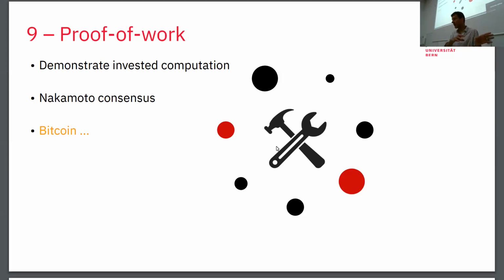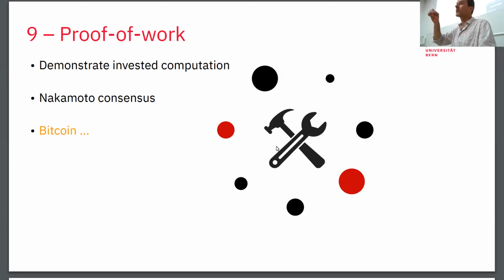Now it has gone to one where power consumption is reduced by a factor of 100 or 1,000. Yeah, and the Bitcoin blockchain alone has an electricity consumption of a small country like Switzerland, or maybe 2 Switzerlands nowadays. So don't underestimate this. Okay, so these are 9 models in which blockchain protocols are currently operating. And if you know more, I'll be interested to hear about them an hour later. But this is a sort of roundup.